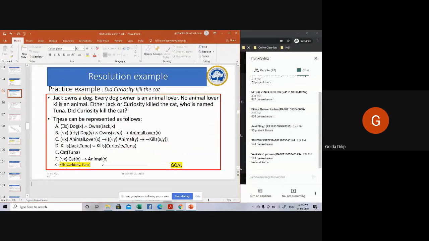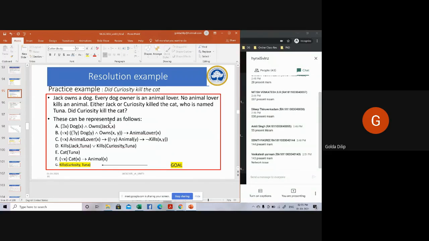Converting it into a CNF clause you already learned yesterday. We discussed all the 9 rules in yesterday's class. Do you remember eliminating the biconditional implication, then single implication, bringing the negation inside and reducing its scope, then Skolemizing to remove the existential quantification, then splitting it into conjunction of disjunction or disjunction of conjunction, standardizing it, and so on? That's what you do when you're given a set of clauses: you convert it into CNF clauses.